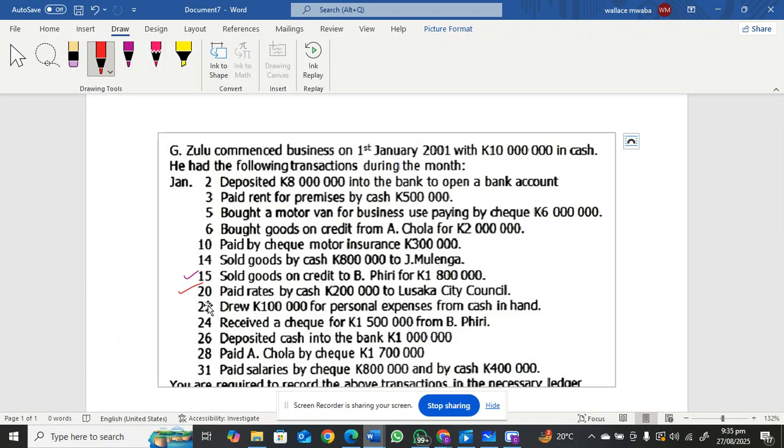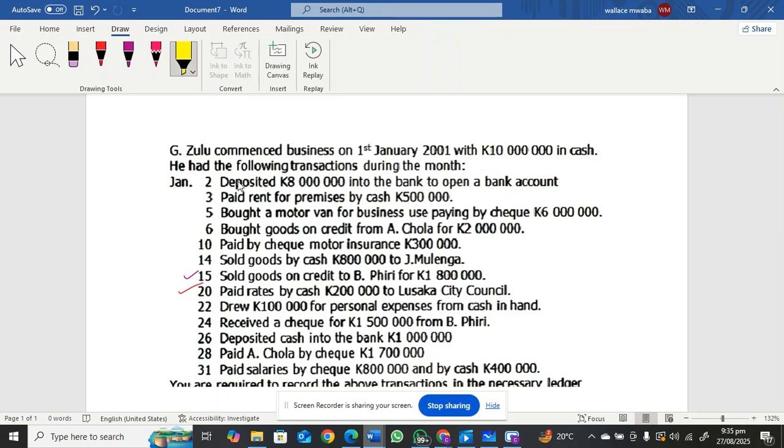Okay. Received a check for 1.5 million from B Piri. So remember, we had an earlier transaction with B Piri here. We sold goods to him on credit. Now he's paying. So the accounts involved